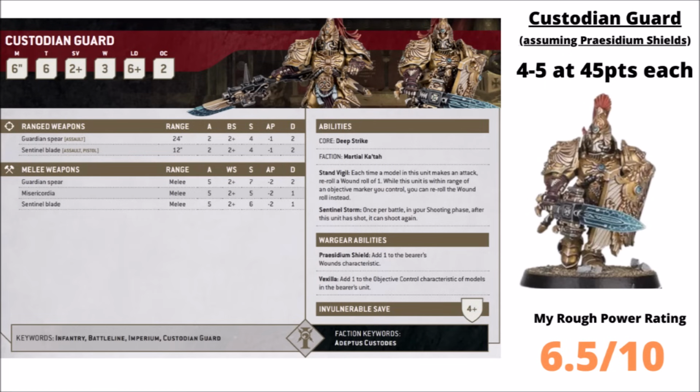Next up, for the Adeptus Custodes, being a shield host is very much their thing, though having said that they don't really have all that many units that actually have infantry with shields on the board, the only main one being their Custodian Guard, though I guess they do have their Venatari with their bucklers. Focusing on the Custodian Guard though, and assuming that we're giving them the Presidium Shields and Sentinel Blades versus Guardian Spears, you get squads of either 4 or 5 of them at 45 points each, so this is the cheapest way that you can basically get wounds of golden armour on the board if you just want to overwhelm what